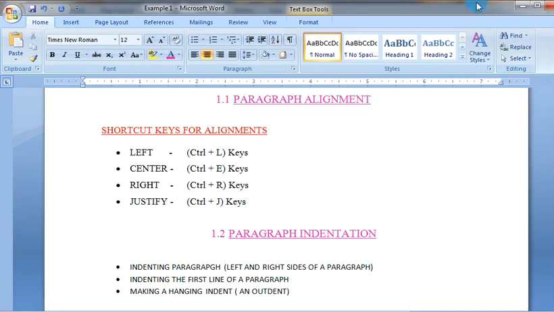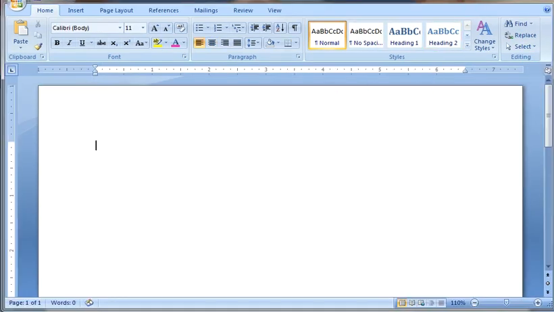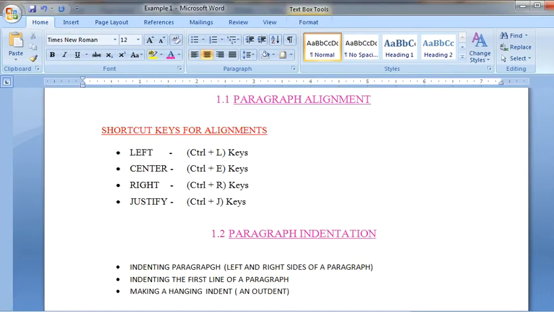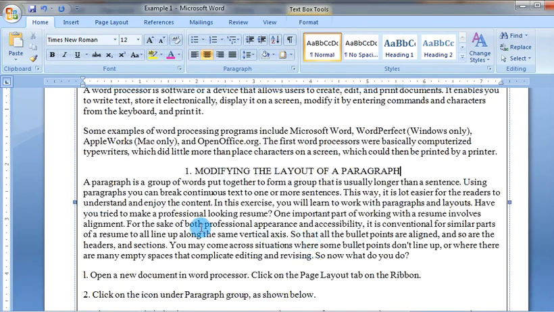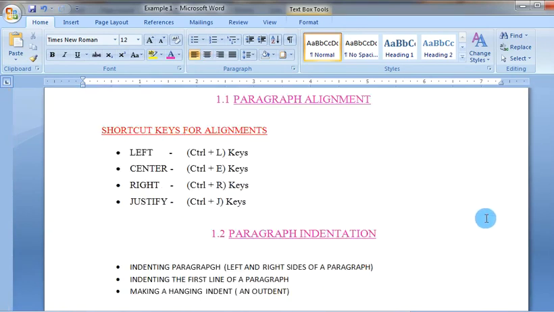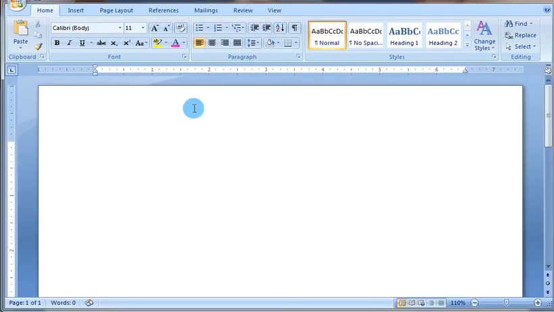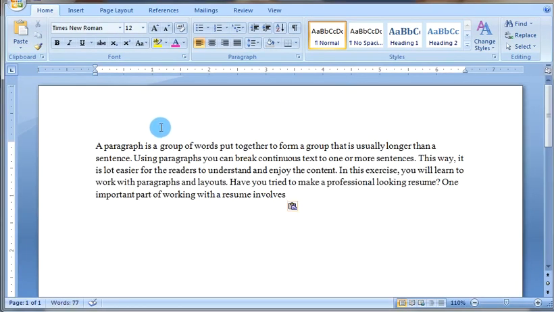Now I'll give you an example of how alignment works. First of all, I need a paragraph. Now you can see here the options of alignment: left, center, right and justify. We can also choose